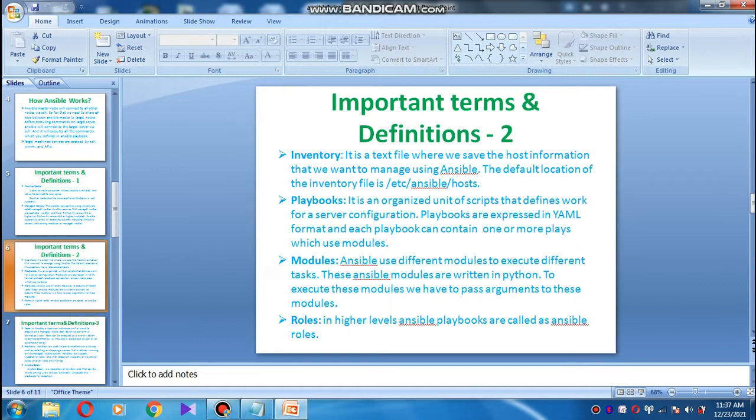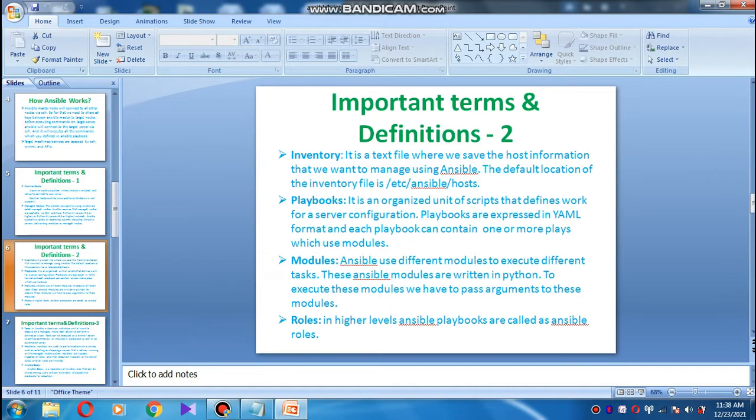Playbooks. A playbook is an organized unit of scripts that defines work for a server configuration. Playbooks are expressed in YAML format, and each playbook can contain one or more plays which use modules.